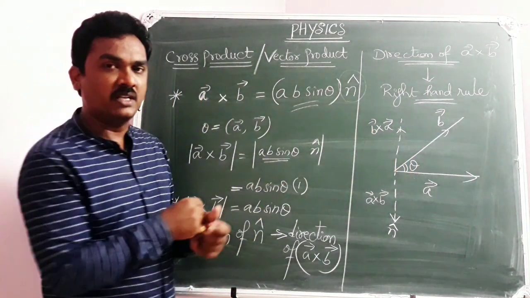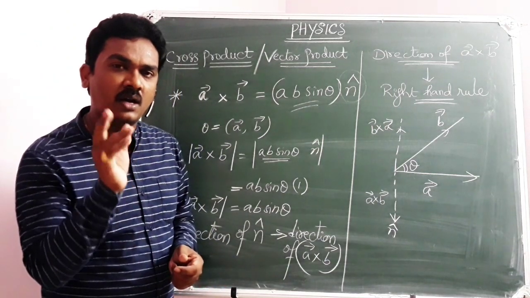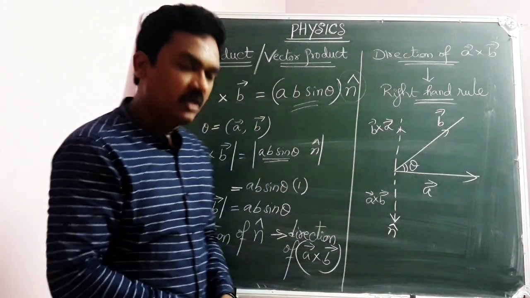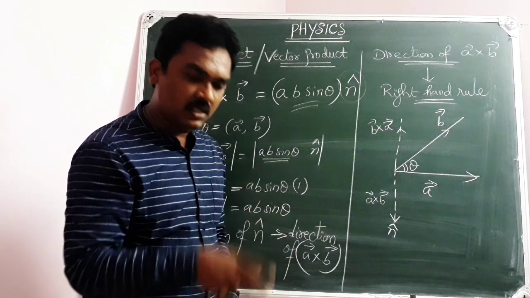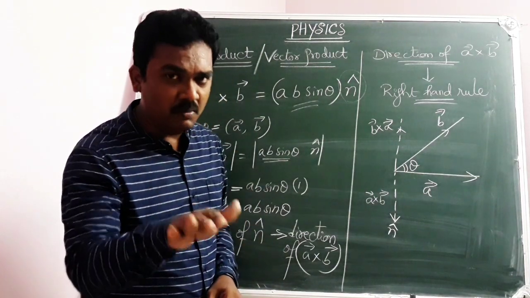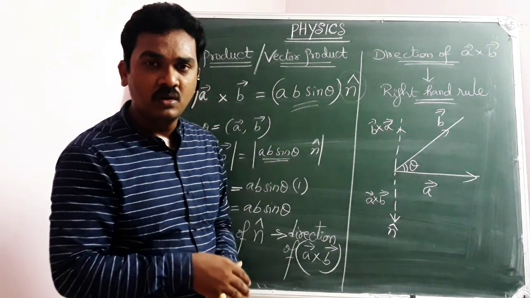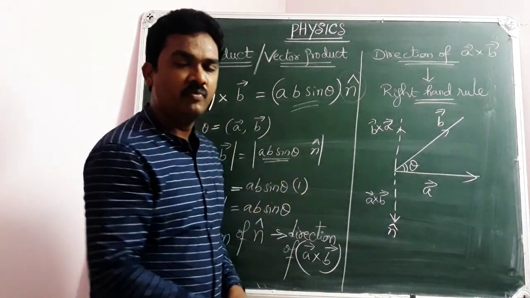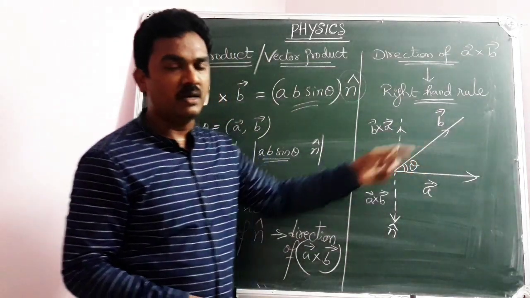This is the plane of the board I have explained. Just imagine A bar and B bar are two vectors on the floor. There is a floor, and the floor is a plane surface. In the floor, two vectors A bar and B bar are defined. Then A bar cross B bar will be perpendicular to the plane of the floor, meaning it might be vertically up or vertically down.